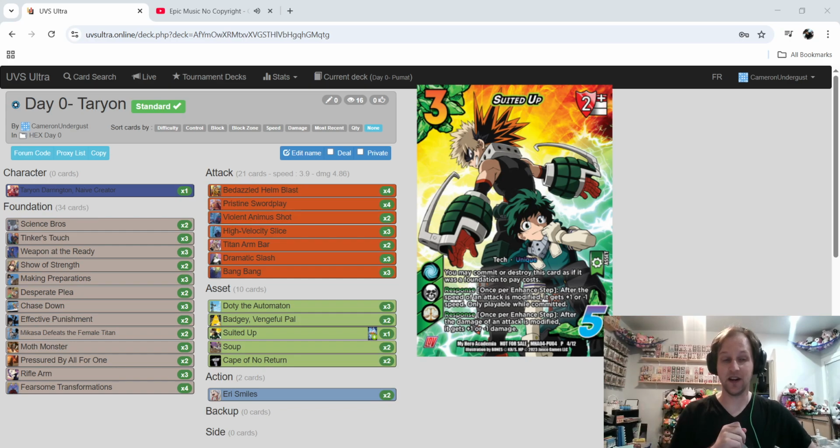So if we commit it for Taryon to give +3 speed, we also get an additional 1 speed, turning it into kind of a pseudo-doty. And then response, once per enhanced step after the damage of an attack is modified, it gets +1 or -1 damage, but that one's only playable while ready. So if you're boosting damage, you want to keep Suited Up ready, and if you're going to boost speed and you want to give an extra +4 speed,